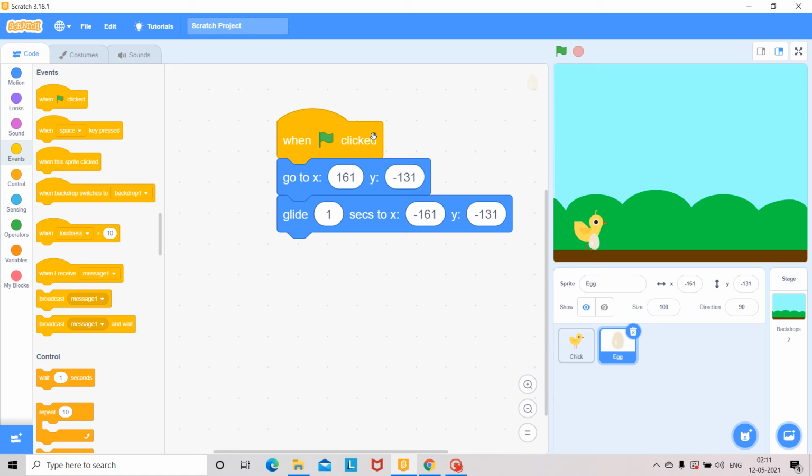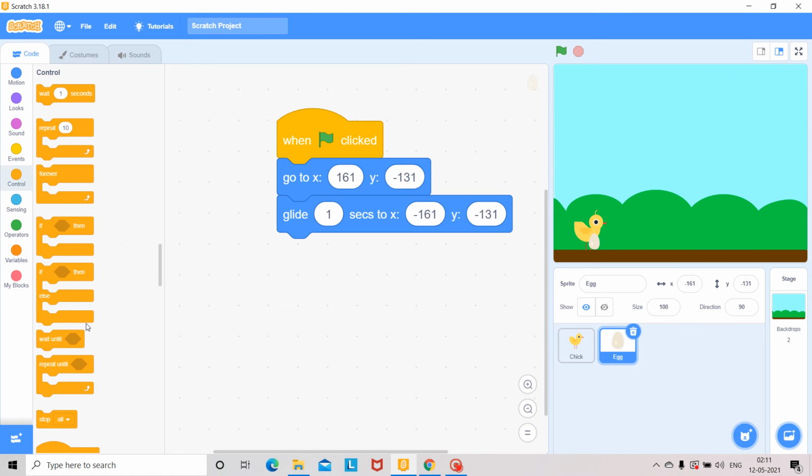So you can take the block in control, that is forever.